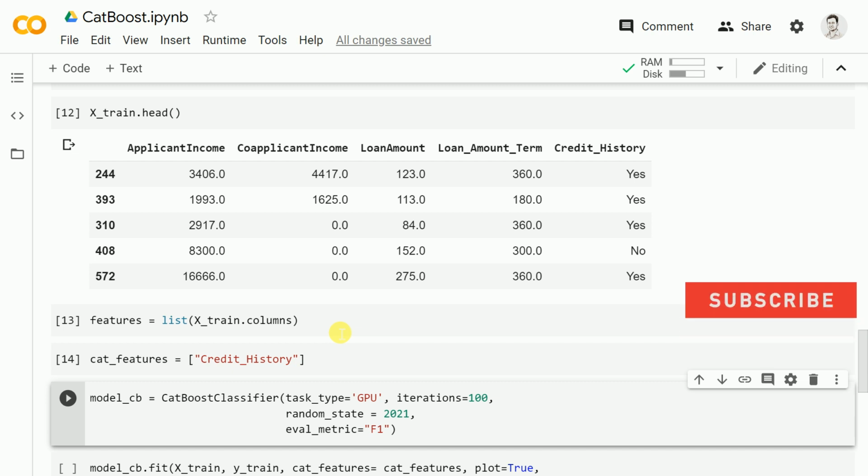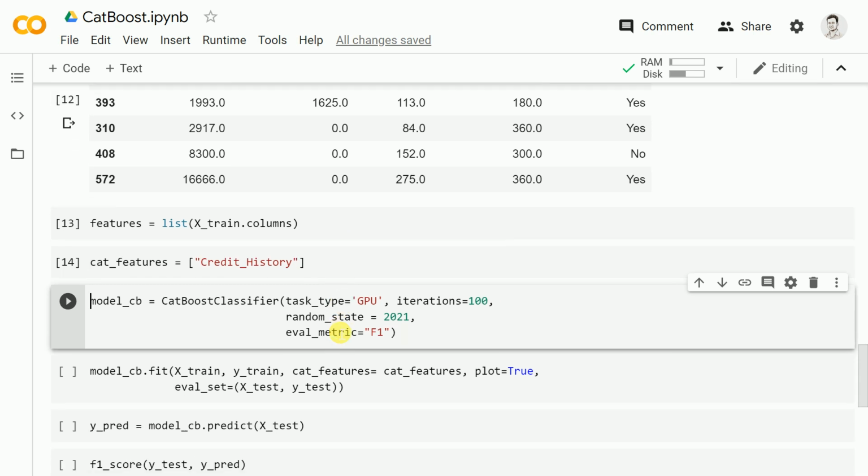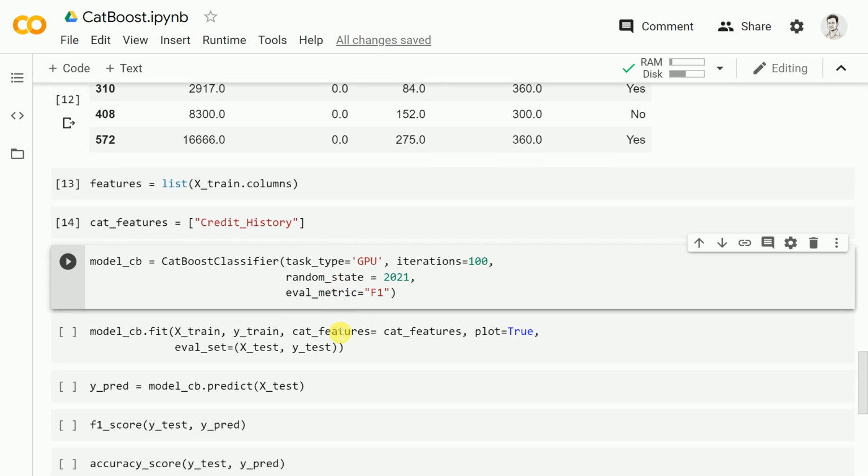The only care that you'll have to take is if there are missing values in the categorical variables, you'll have to explicitly fill those values, or you can also specify a new category called missing and then take it from there. So you can take the advantage of Google Colab along with CatBoost to create really accurate models in very quick time. Now let's go on to the model building step, now that I've given you a heads up in terms of what the advantages are of using CatBoost.